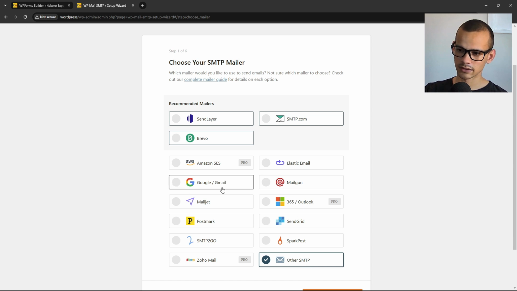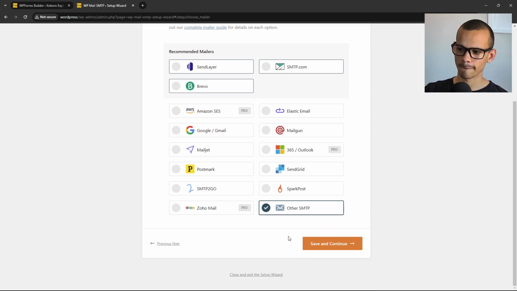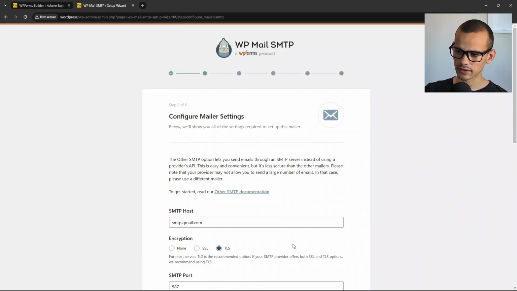I'm actually using a Gmail, but I'm not going to click on Gmail. I'm also going to click on other SMTP because I think there's a lot more steps when you click on Gmail here, and I think it's okay to connect to a Gmail account via this option, and that's what we're going to do today. So I clicked on other SMTP and I'm going to click save and continue,